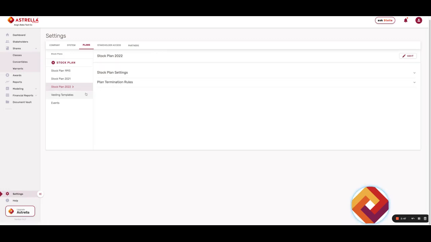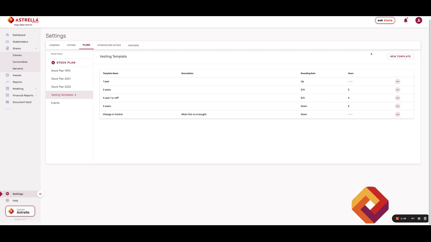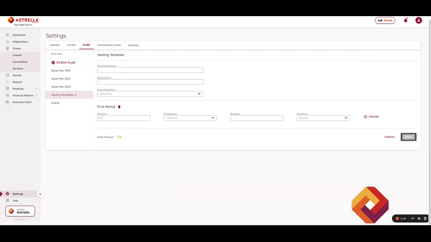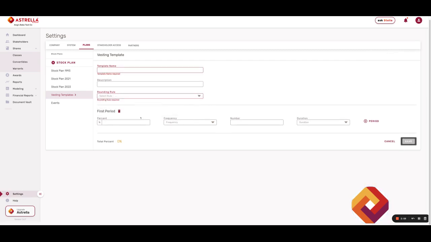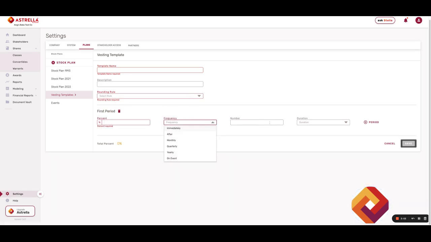After you've added your stock plan, you'll want to add any vesting templates you have. So here, we'll select a new template, we'll enter our template name and give it a description, and then select a rounding rule, which can be 5/4 up or down. You'll then be able to do a percentage, frequency, number, and duration. In this case, we'll do an example of a